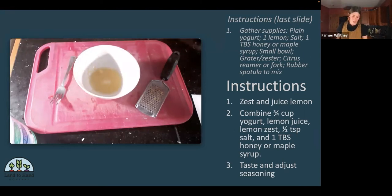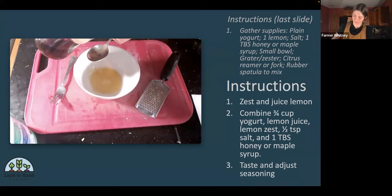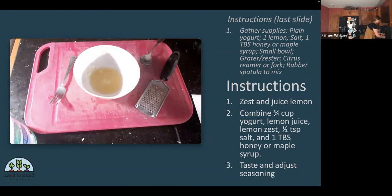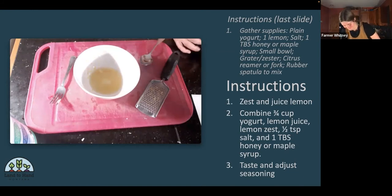Then we'll add 1 tablespoon of honey or maple syrup. Either works really well. My honey is crystallized right now, so I'm using maple syrup, but you can use whatever you have. So 1 tablespoon of maple syrup, a half teaspoon of salt,